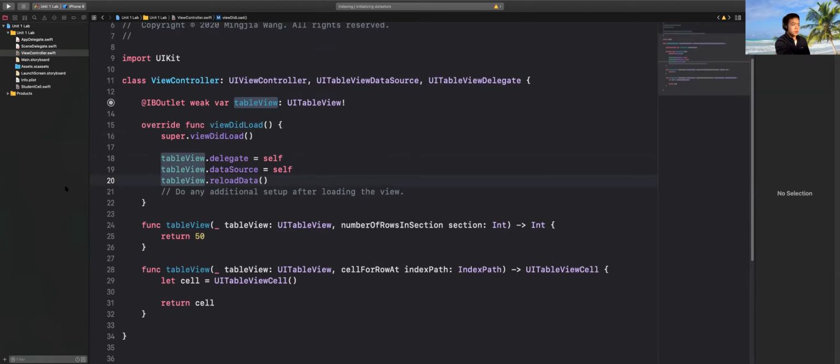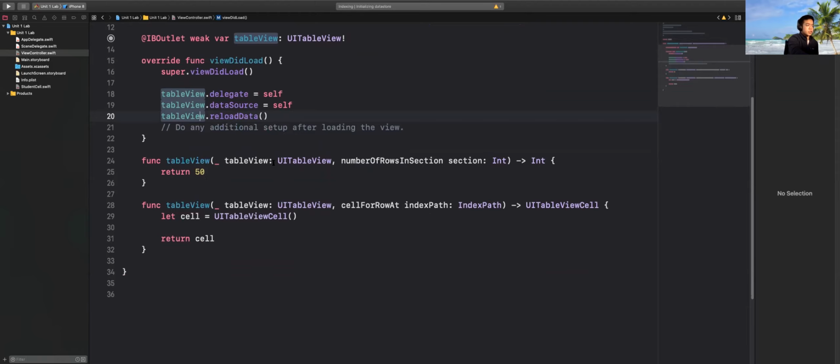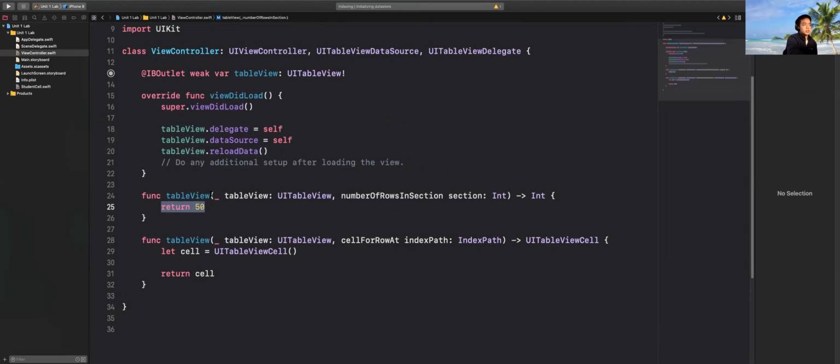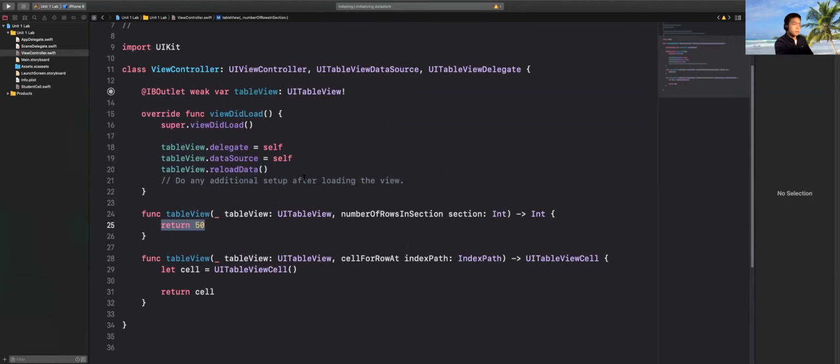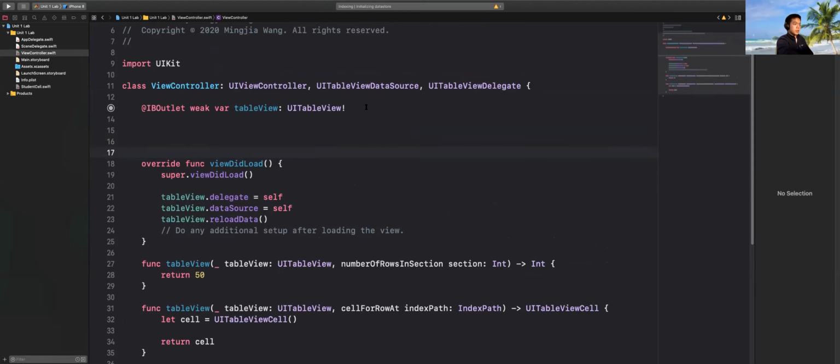And what I want to do now is, if you go here to the first stub where we returned a number, I think Minja put 20. I'm not sure. Was it 50 or 20? I think it was 20. But instead of 50 now, what we are going to want to do is, I'm sorry, let me do something before that. So let's go ahead and go underneath the outlet, the table view,